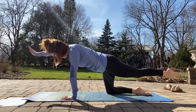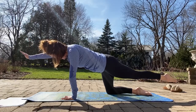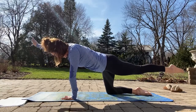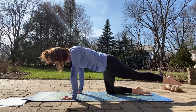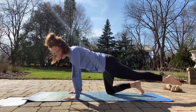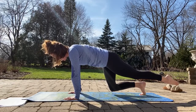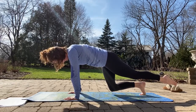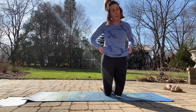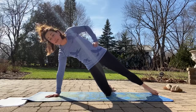Now we're going to do these little circles in one direction. This is 4, 5, 6, and reverse circle, 6, 5, 4, 3, 2, 1. I'm going to make sure my hips are squared up, which they were not. Tuck my right toe under and bear hold for 6, 5, 4, 3, 2, 1, and down. Swing over, adjust my pants, and tip over like that teapot onto, this time, my right